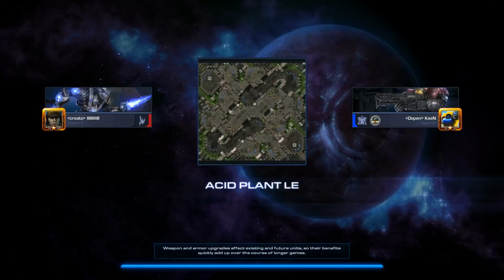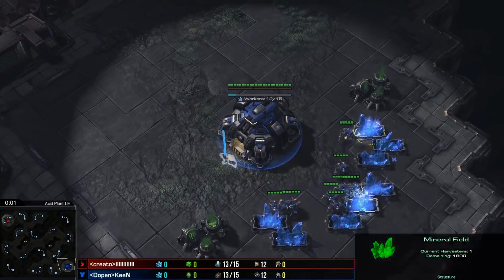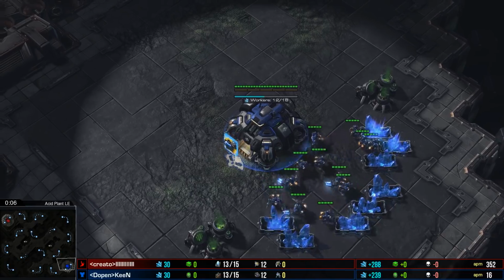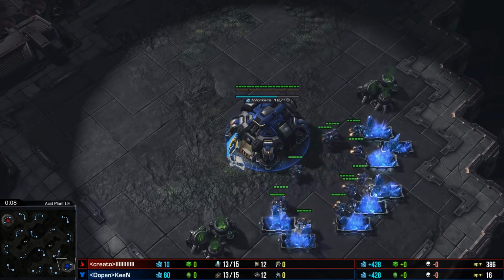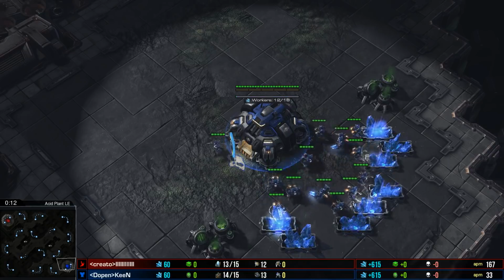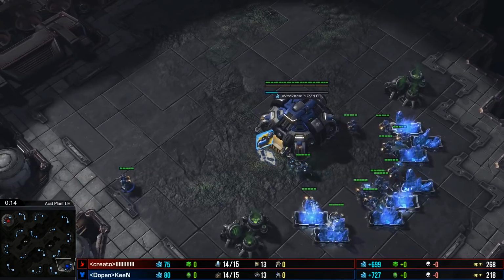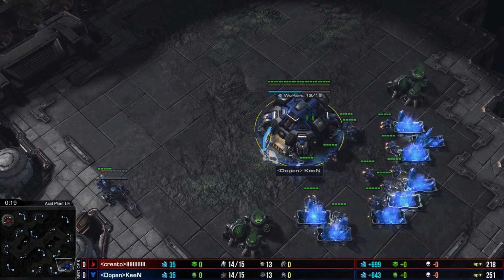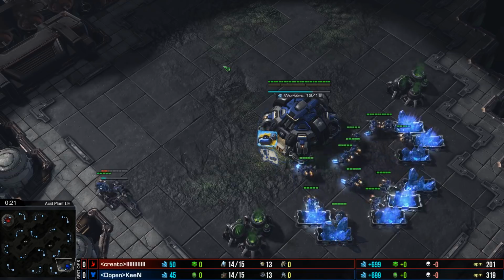Battle cruiser. The AA reduced from 6 to 5. What? They reduced the anti-air damage from 6 to 5. They removed the random delay between shots, so I think that means it shoots faster, but still, BCs are pretty junk versus corruptors, so I find myself looking at these changes and I'm like, huh, that's still